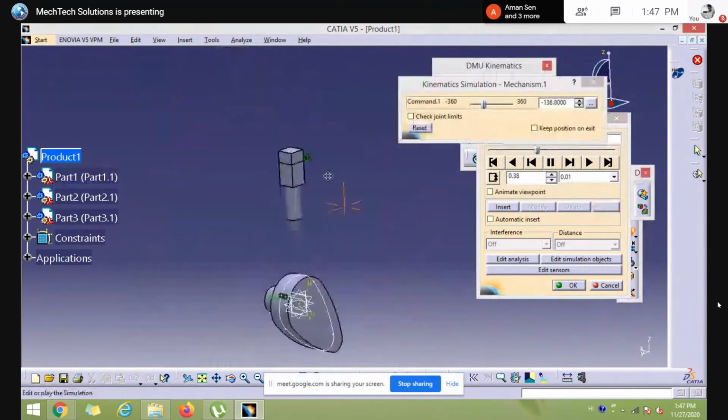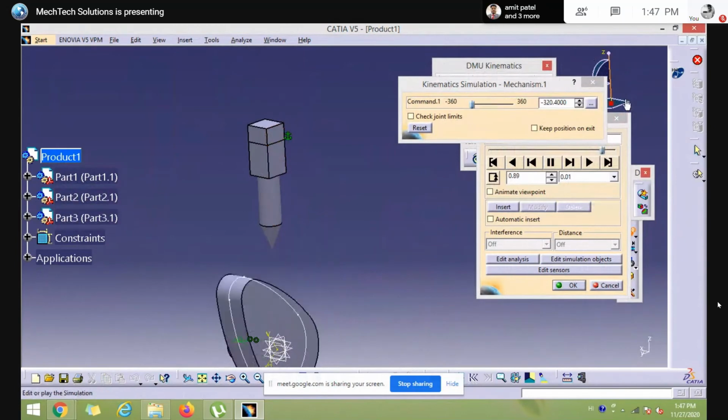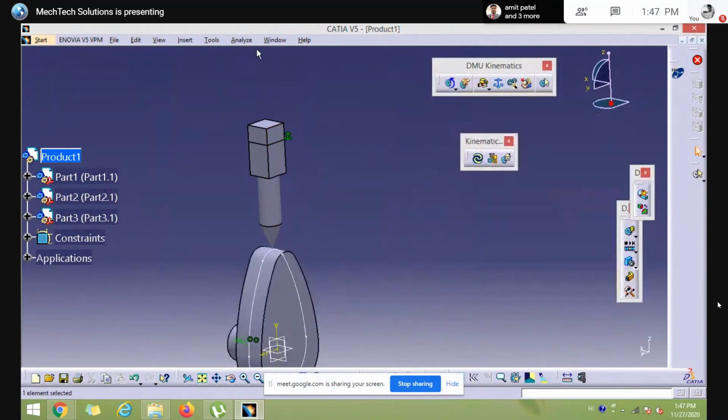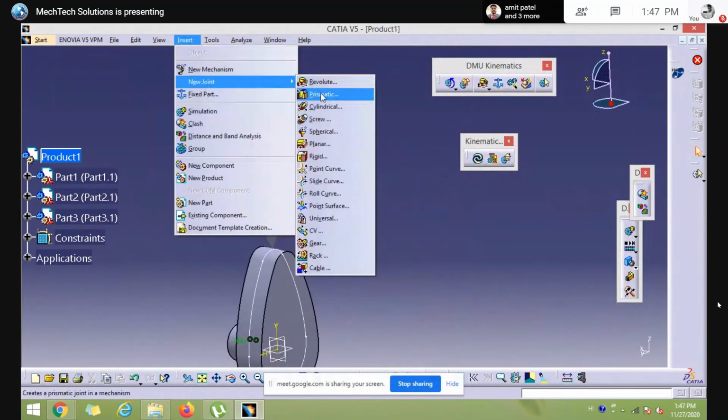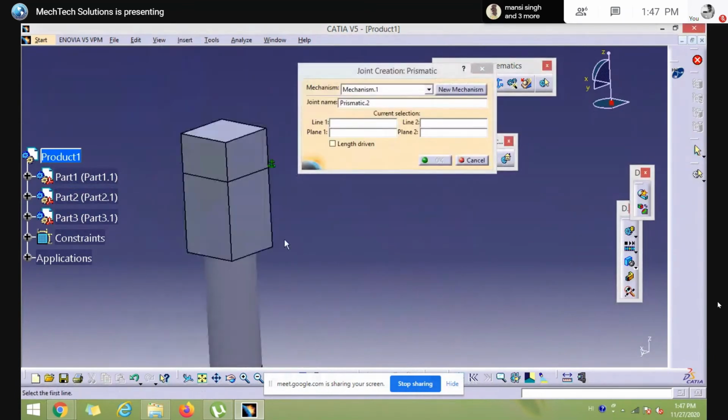But what about the follower? It's not working right now. So we need to define the prismatic joint also. How to define the prismatic joint? Select insert, click on prismatic, and axis line 1.